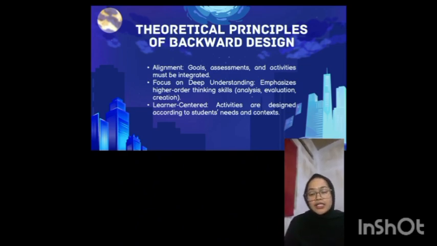This is essential to prepare students for more complex challenges. Learner-centered activities are designed based on student needs and context. By understanding students' background and interests, educators can create more relevant and engaging learning experiences.